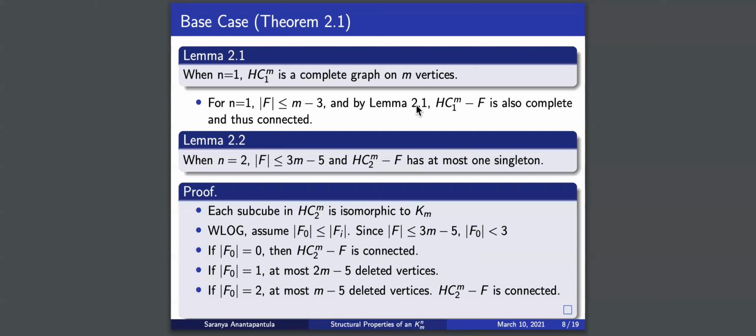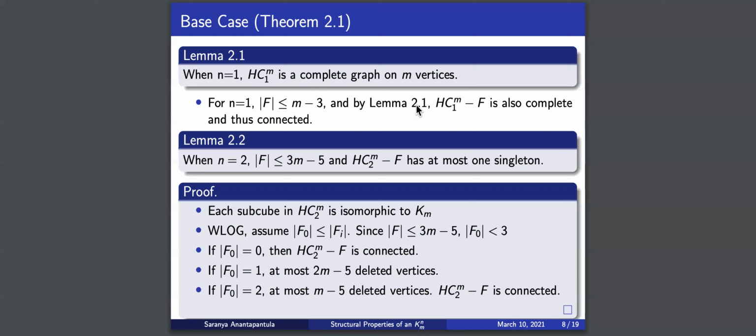So let's say that the cardinality of f of 0 is less than the cardinality of f of I, where I is greater than 0. Then the cardinality of f of 0 is less than 3, and we only have 3 cases where f of 0 has a size of 0, then 1, then 2. When there are no vertices in f of 0, the resulting graph is connected. Now, when there's one vertex